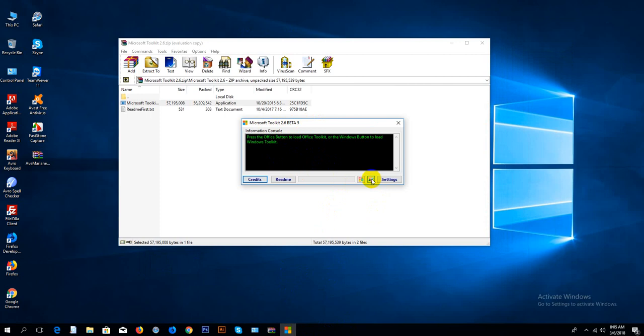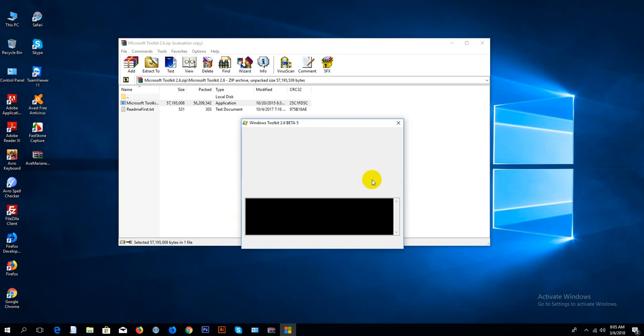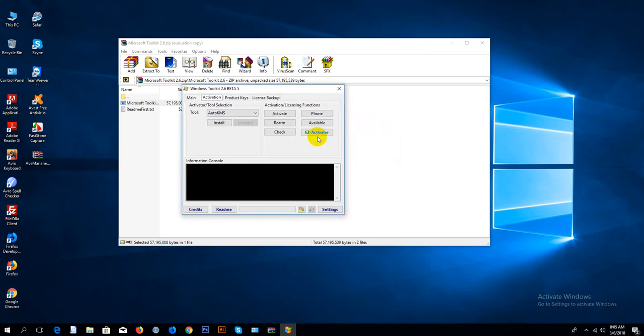Open. Here you have to click on Windows button. Just on activation, please click here, EZ Activator. Okay,